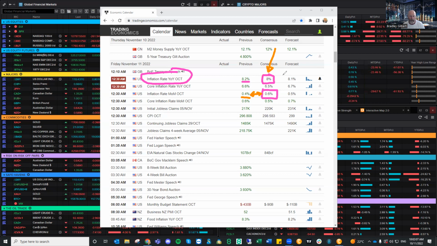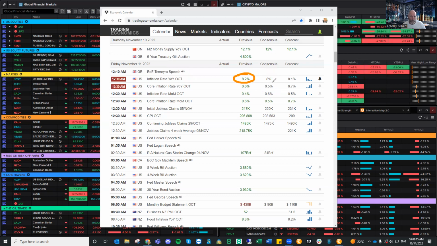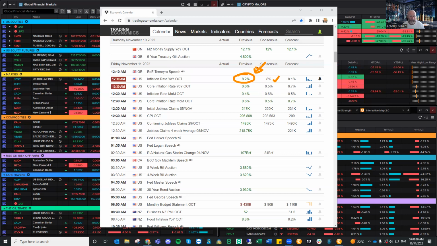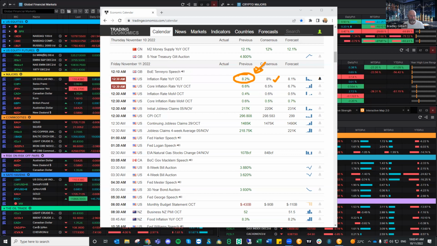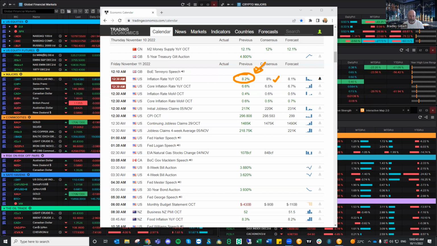On the year on year, the previous number was 8.2, so they're expecting a 0.2% drop. If it's 8.2 or above, the Fed are going to have to keep being aggressive with interest rates. It takes out the market positioning after last Friday's non-farm payrolls, where the unemployment rate was weaker and we saw a big dollar sell-off. A lot of dollar positions have been squared up. So strong numbers, in my opinion, give the US dollar another month of strong activity.